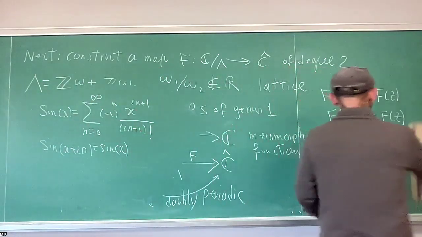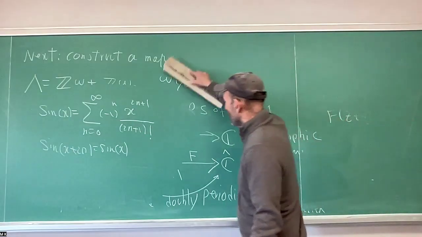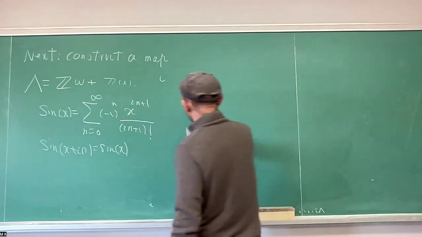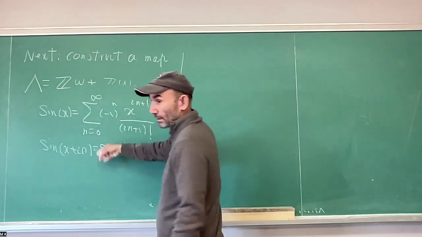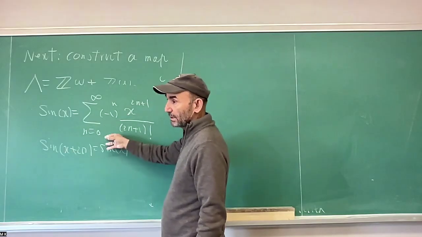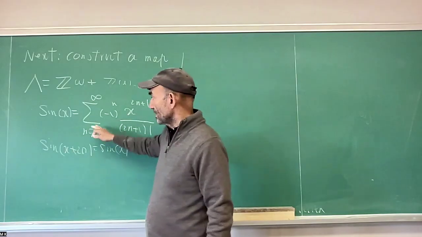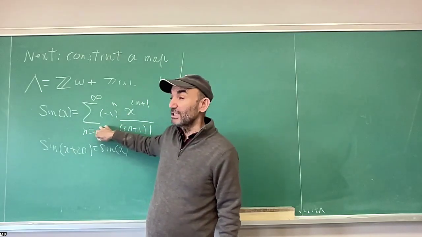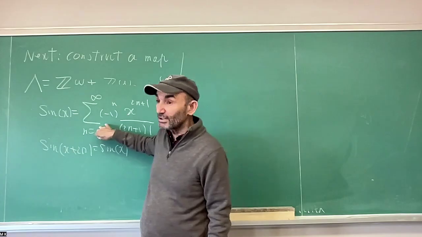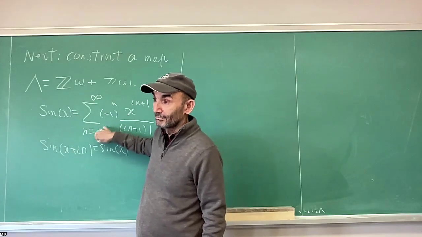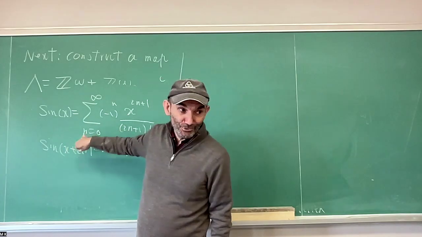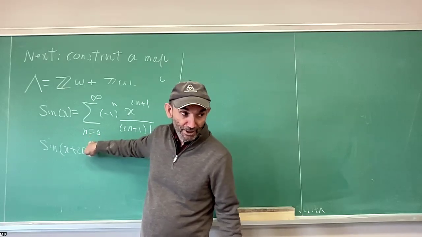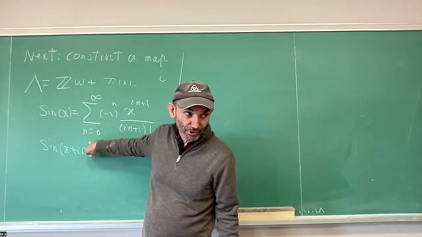So let me write it. So the idea of averaging, and this is not the way, by the way, that it's been constructed. This formula is the result of almost, I would say, 2,000 years of human activity. I mean, this is not a trivial formula, really. You should not underestimate the importance of this formula, because the Greeks, even before the Greeks, the Babylonians were doing astronomy, and they